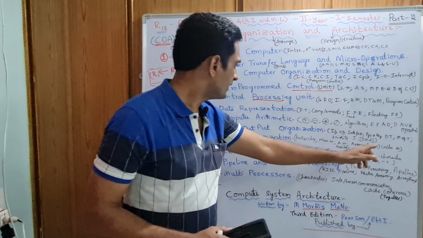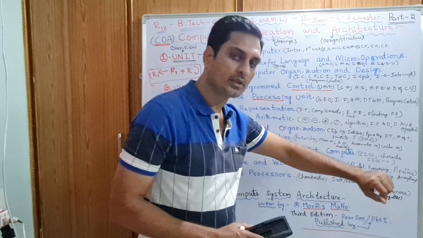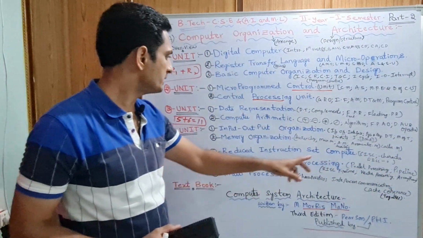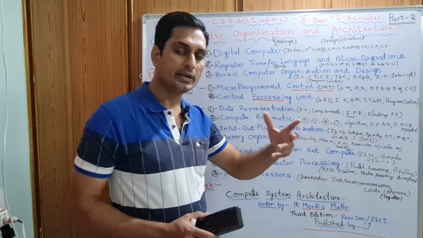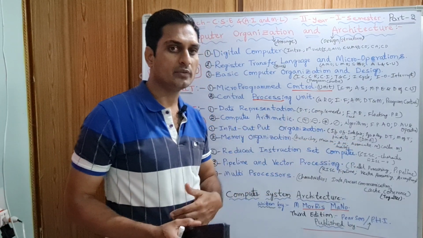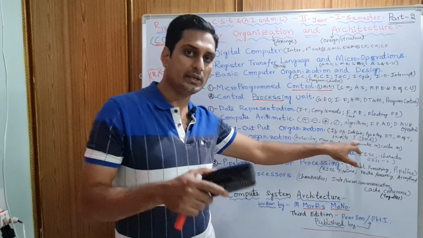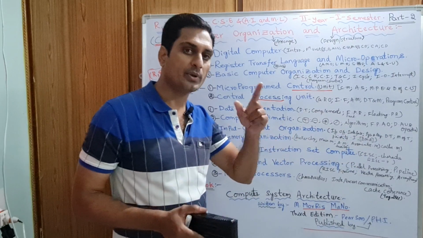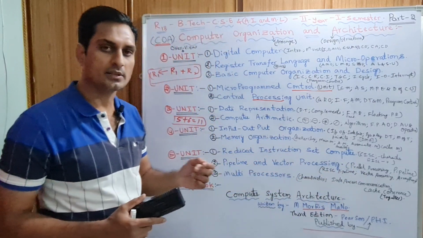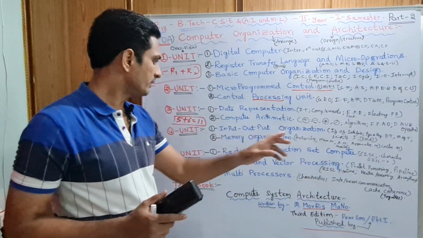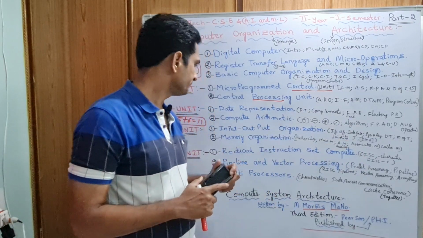Okay? And we have data transfer, how data will be transferred, and methods of transfer, how many methods of transfer there will be. This is very, very important. Priority interrupt, how interruption will be done priority wise, which input device has high priority. CD, keyboard, mouse, which stroke has high priority at the processor, the brain of the computer. And DMA, direct memory access, that is also very, very important. That video I have already done. Right, that I will provide in my description box.